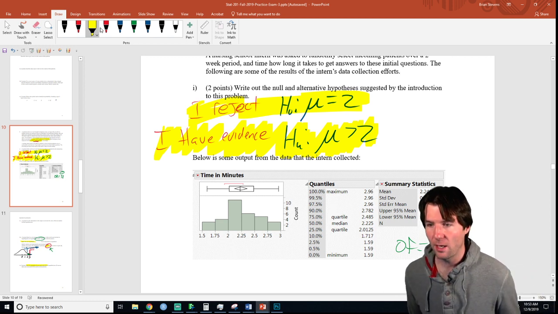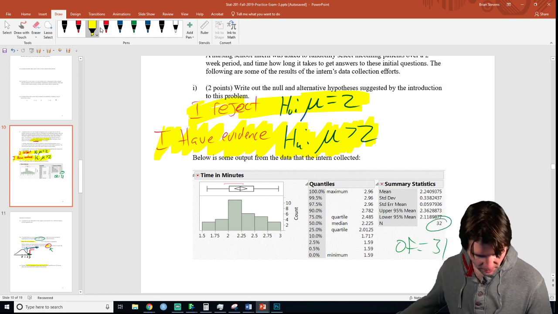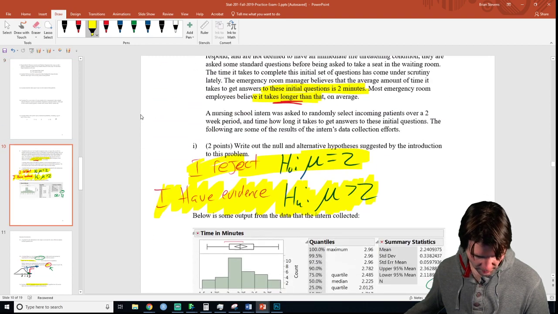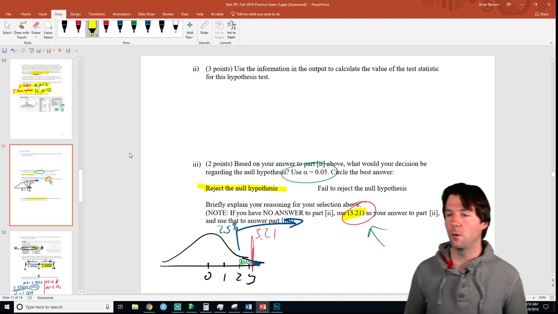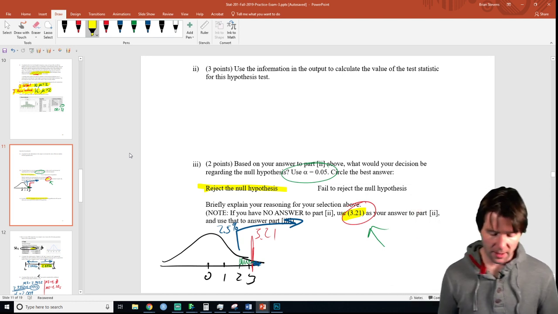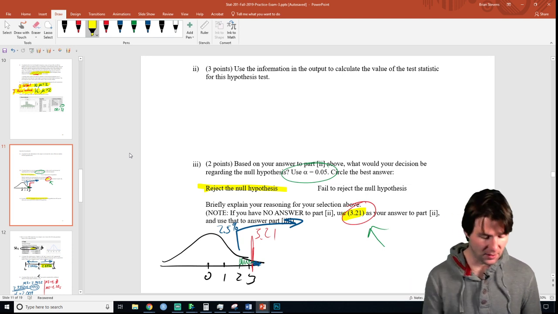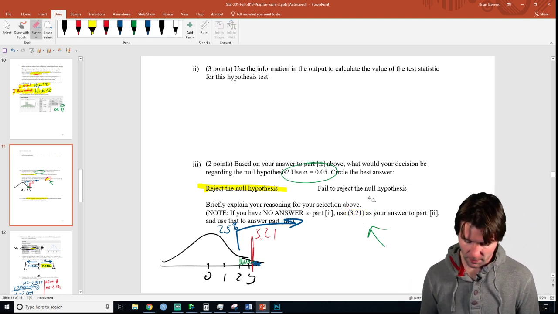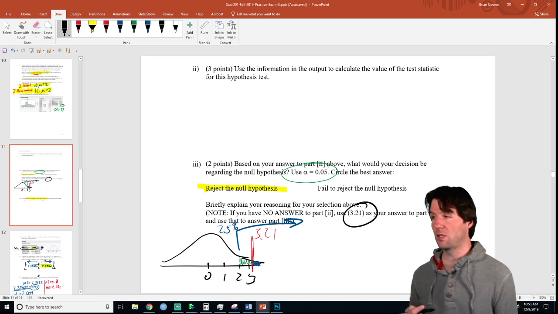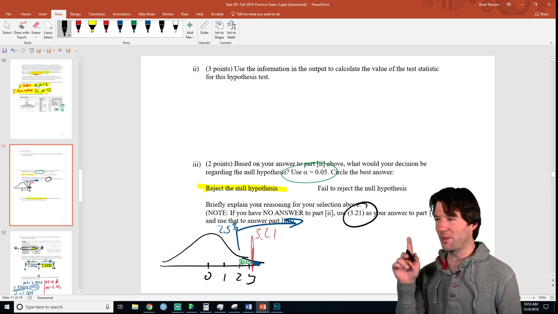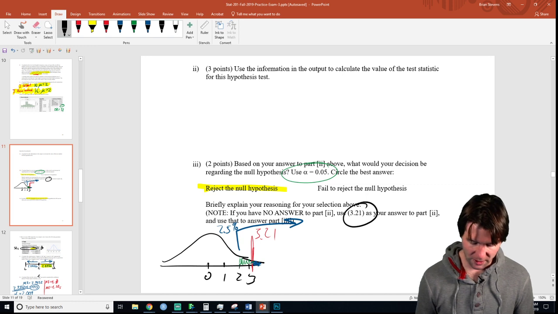How do you know where to start with the alpha value in part 3 of number 6? Is that the one we're on right here? This one right here? How do you know where to start? We wouldn't know that directly from this. But we always try, and I'll basically give some keys to the test right here, when we give you a T or Z, to make it extreme. In truth, I would want this one to be a little bit bigger. Sometimes it's not as big as I like, but what if we were to give you a T of